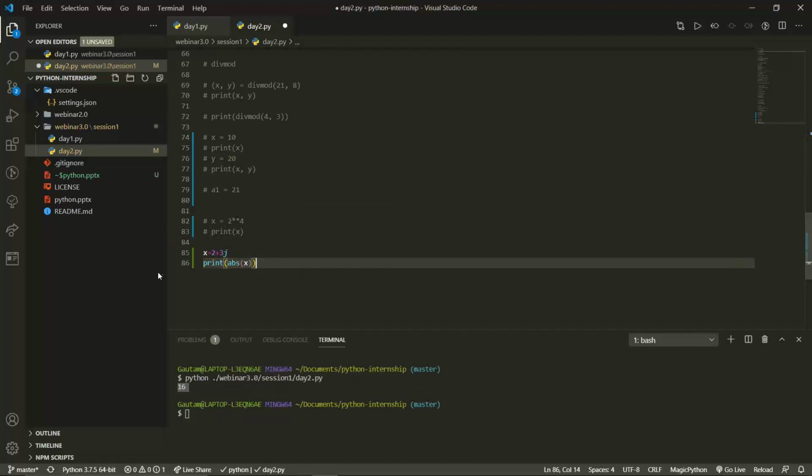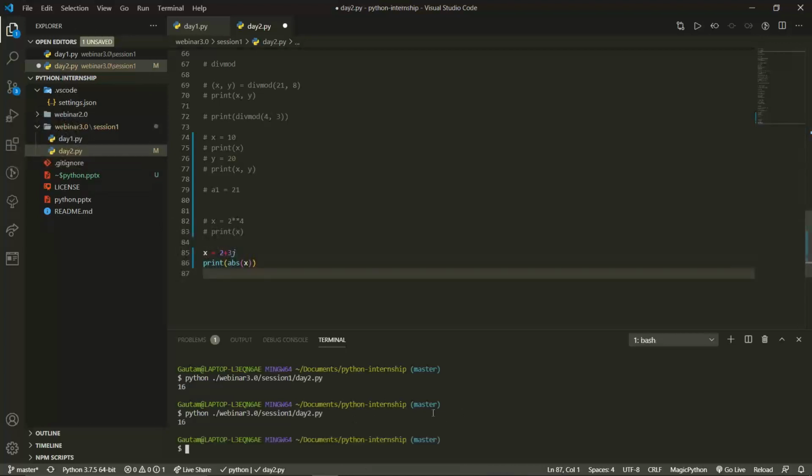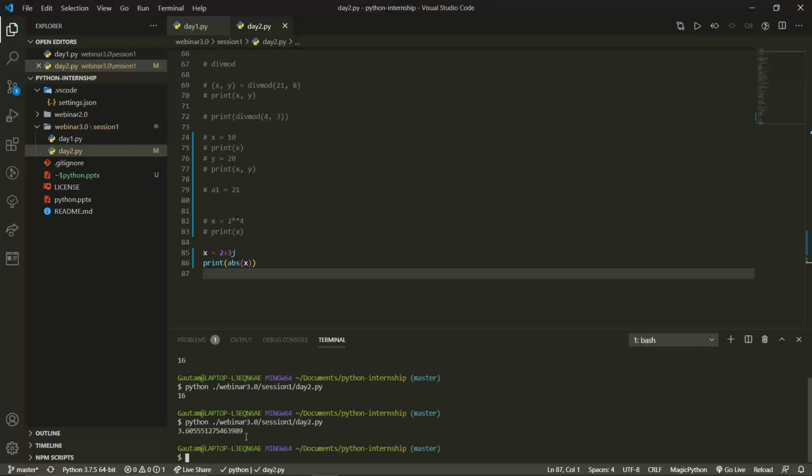That's it, abs of x, and this will give you the length. I believe it didn't save. Yeah, now we got the length of this. This is the length of the complex number. So this is how we get the length. I hope this is clear to you. Just let me know.